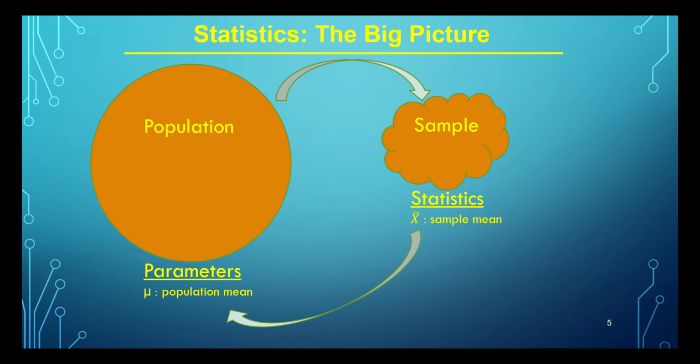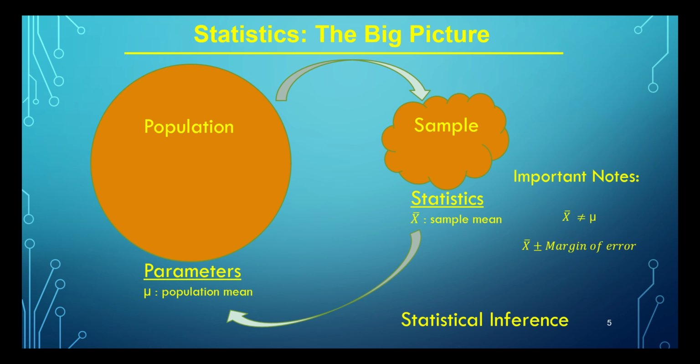Now, a lot of that, of course, depends on how the sample has been taken and if we've been cautious and careful that it's representative of the population. But ultimately, our statistics represent a good, educated guess about population parameters. This is the process of statistical inference. Now, a couple of important notes about this process. First is that the sample statistics are not going to be equal exactly to the population parameters. In fact, there's probability 0 that X bar is exactly equal to mu. But if we've been careful in selecting our sample, hopefully those statistics are close.